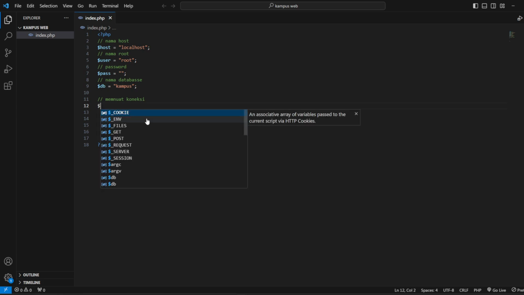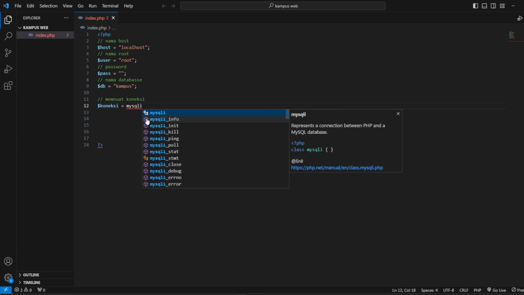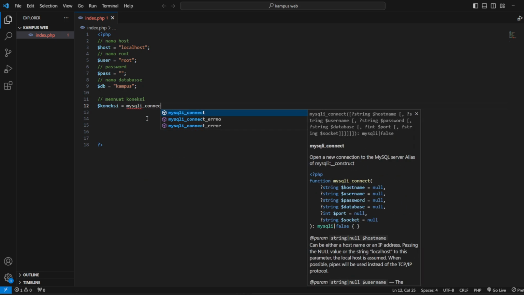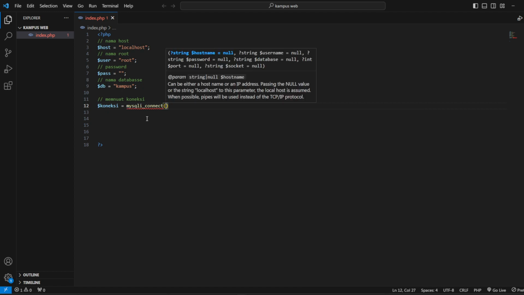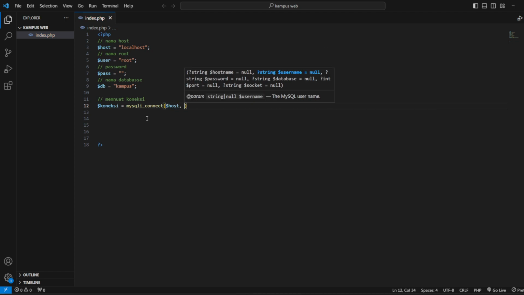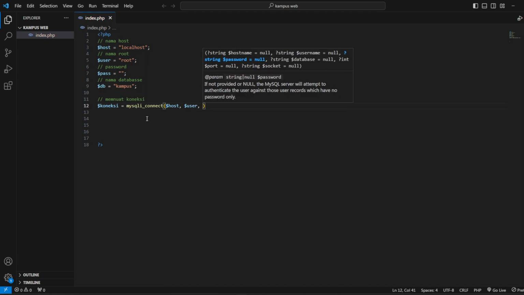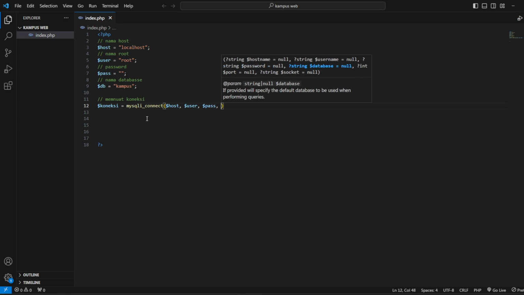You can write $koneksi is mysqli_connect, like this, and then $host, $user, $pass, and the last is $db, database.